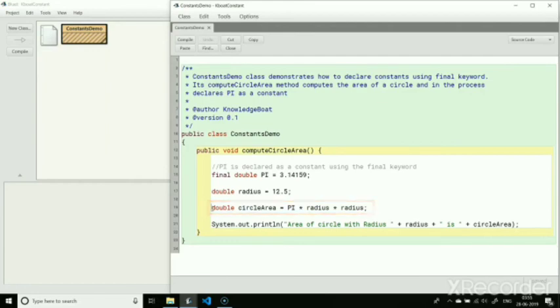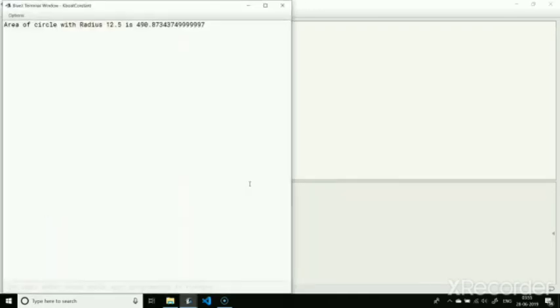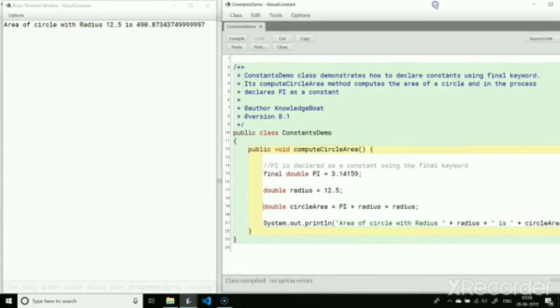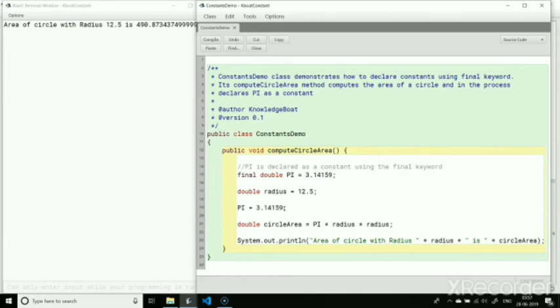I will execute the program to show you that it is in perfect working condition. Let me bring back the code. Now let me try to change the value of pi. This is flagged as an error.